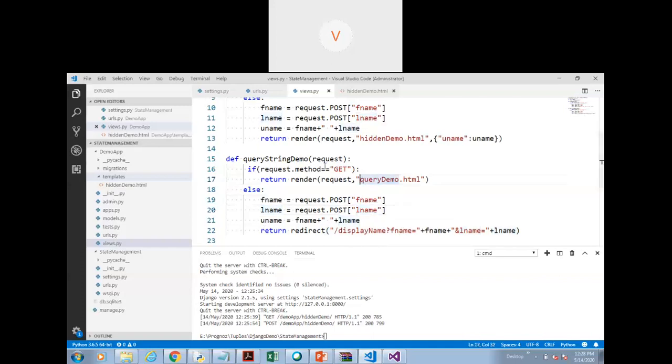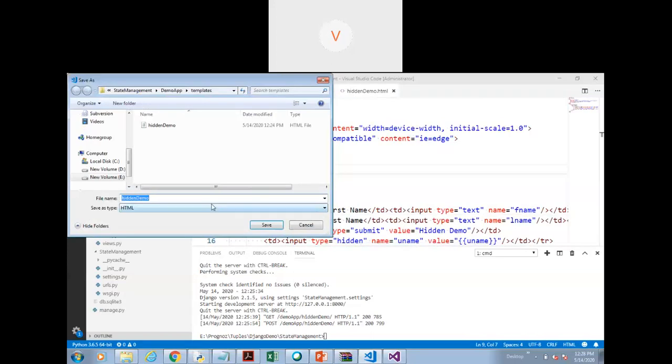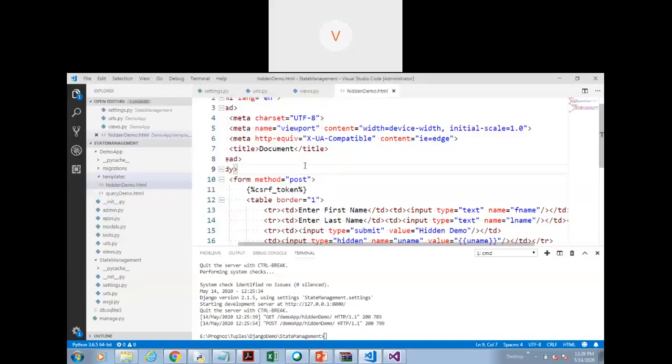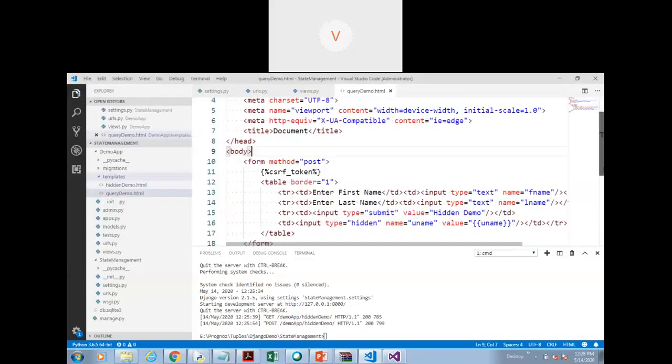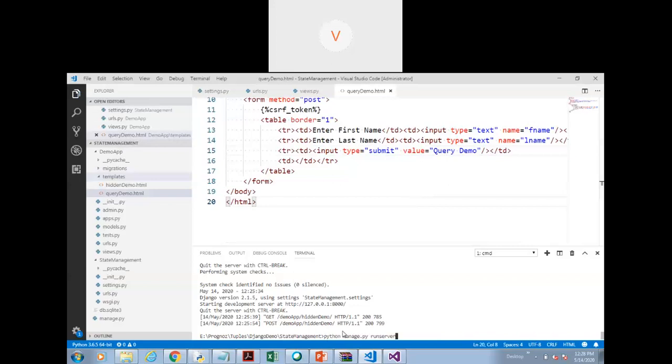So let's create the query demo page. I'll just do a save as, and here I will remove this hidden field. We don't require this hidden field control, and I'll just call this query demo. So let's run the server again.